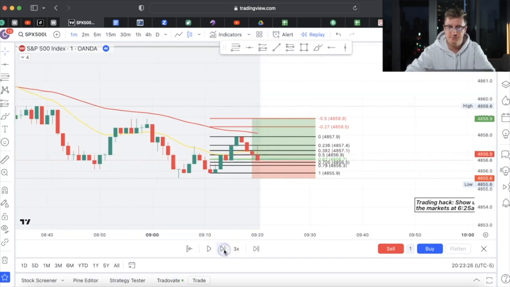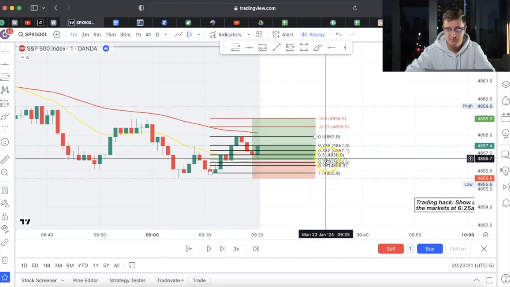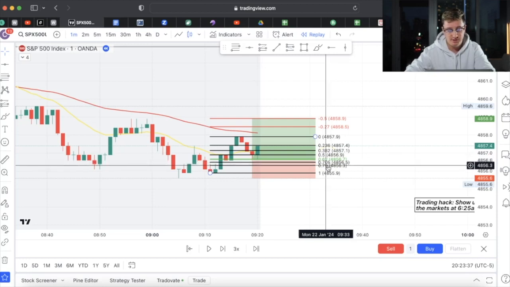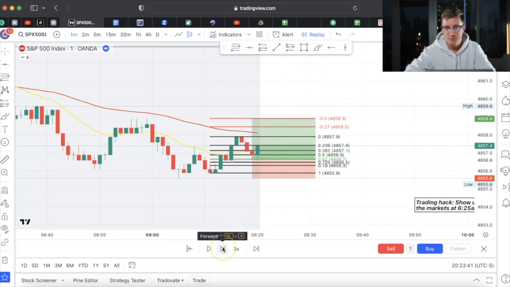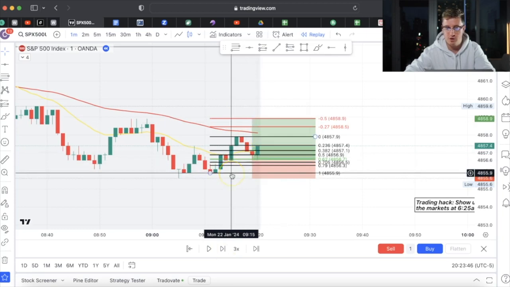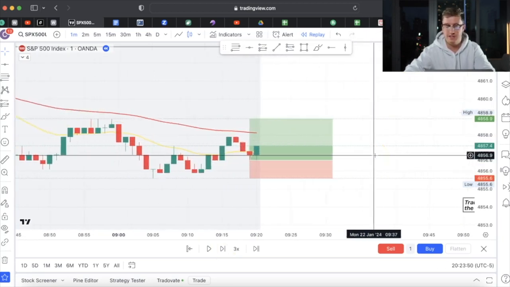We're buying heavy. And guys, if it comes down to the 0.62, you could buy there. Then if it comes to the 0.705, you could buy there. Once it comes to the 0.79, you could buy there as well. So our fibs are basically showing us that we're on the right side of the market. We can now delete these, but this is a really big trading hack that I have